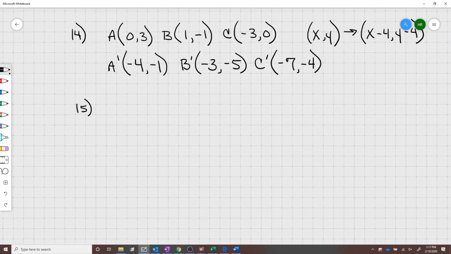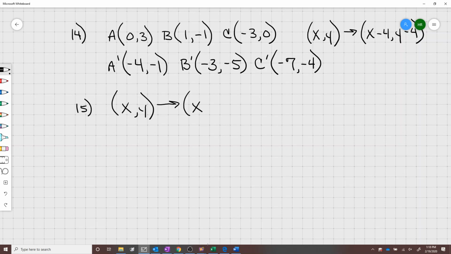In number 15, what is the rule that describes the translation from ABCD to A prime, B prime, C prime? Pick one point, count the boxes horizontally and then vertically that it moves, and then write the rule. Look, your rule is going to be in this form. For every x, y,